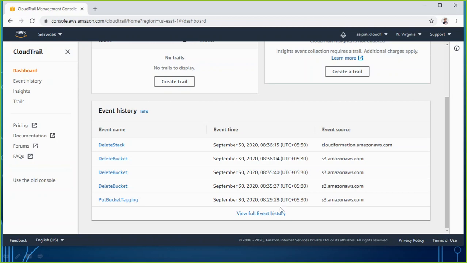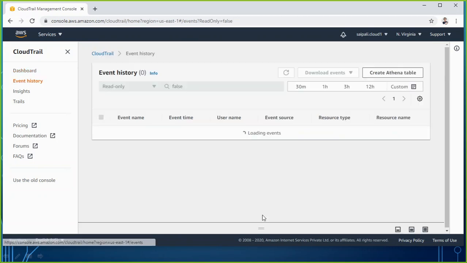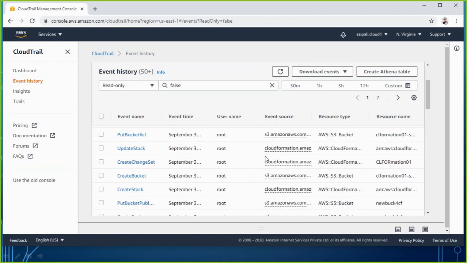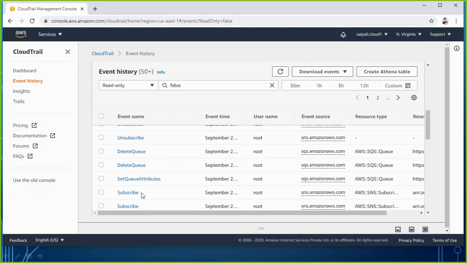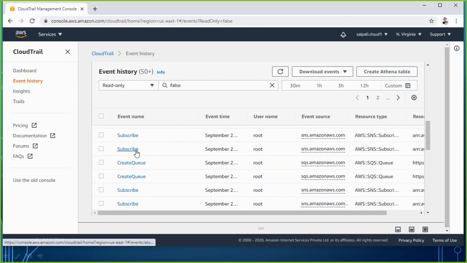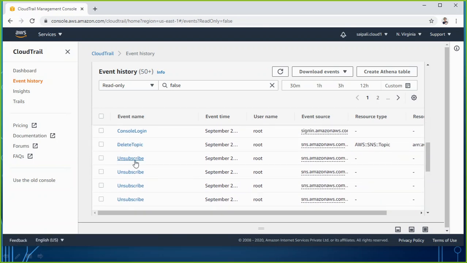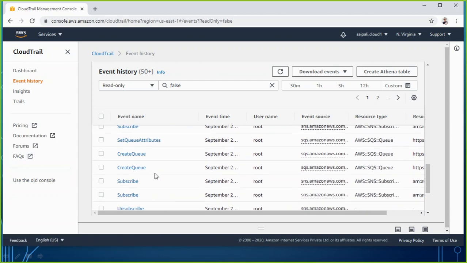So you see here, if I go to full event history, it is giving me the complete history. If you remember, we did the practical of setting the query attribute, subscribing the email address, subscribing a mobile phone number, creating a queue. You see, unsubscribing it, deleting the queue.